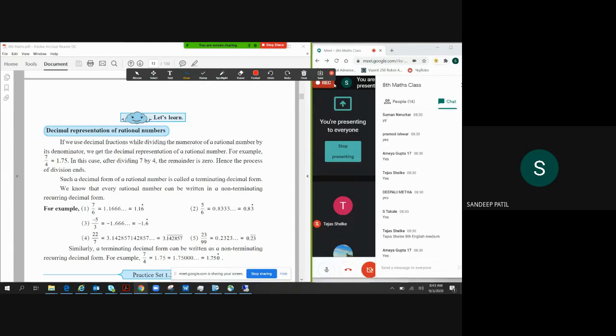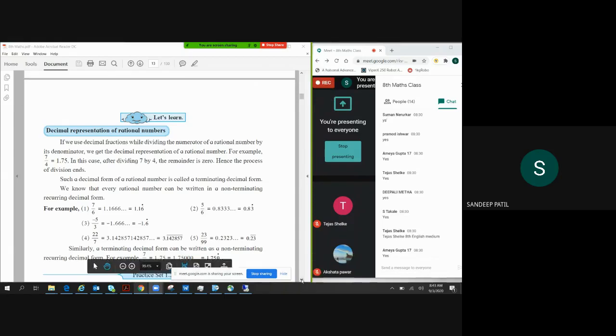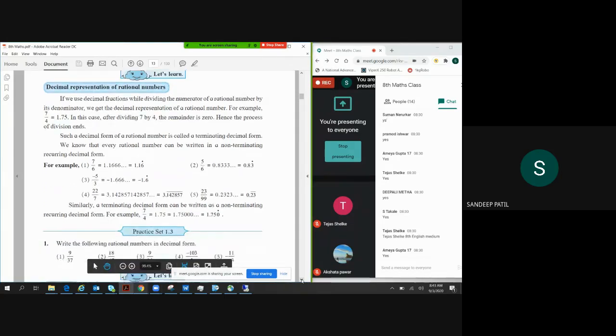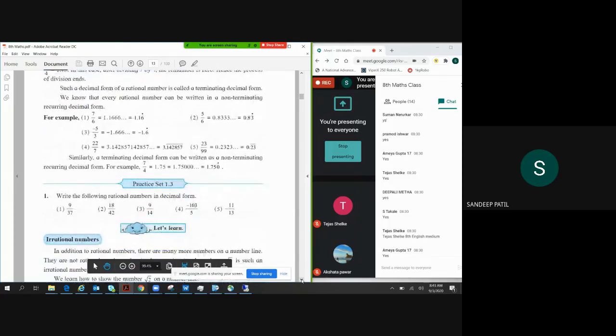Let's go to the next topic. Okay, so similarly, what they have written here is that a terminating decimal form can be written as a non-terminating recurring decimal form. For example,